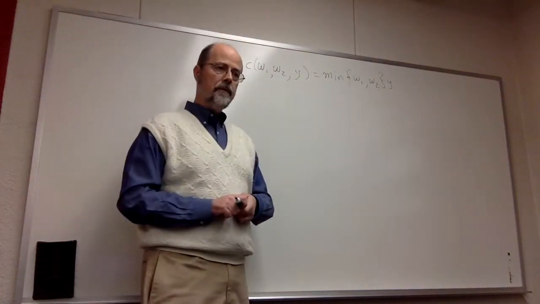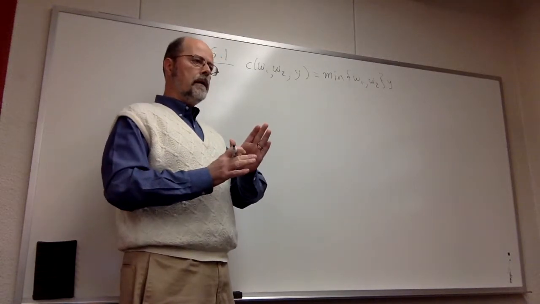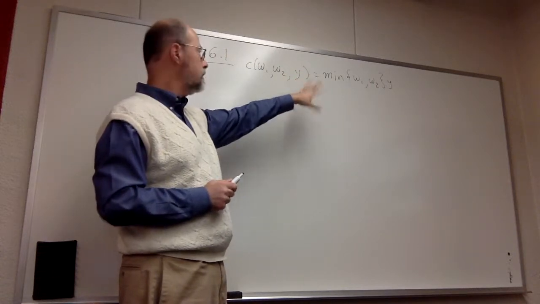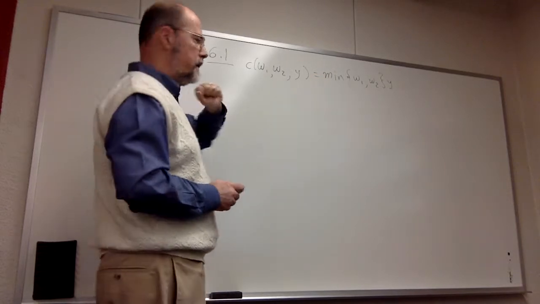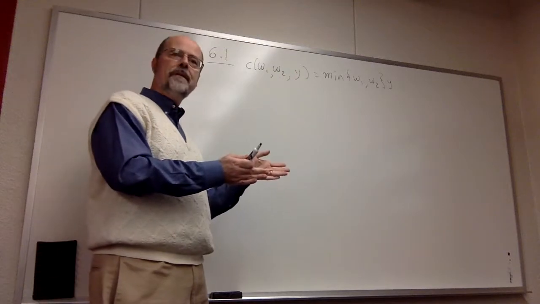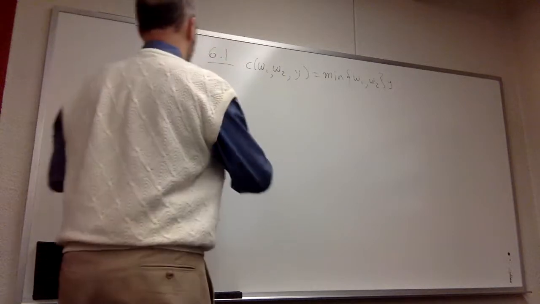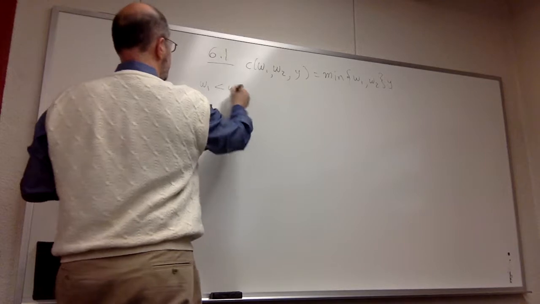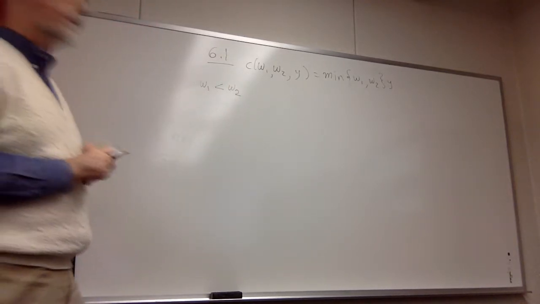What are we going to do? One way to deal with it is to break up the domain of definition of the cost function with respect to the W's in two parts, actually three parts. So, I'm going to view it this way, and then I will take derivatives in the parts of the domain in which the function is differentiable. So, start with the part of the domain where W1 is less than W2, right? If we start here,